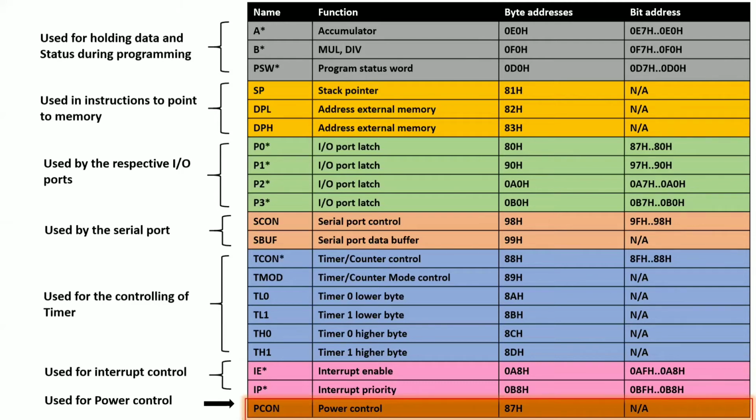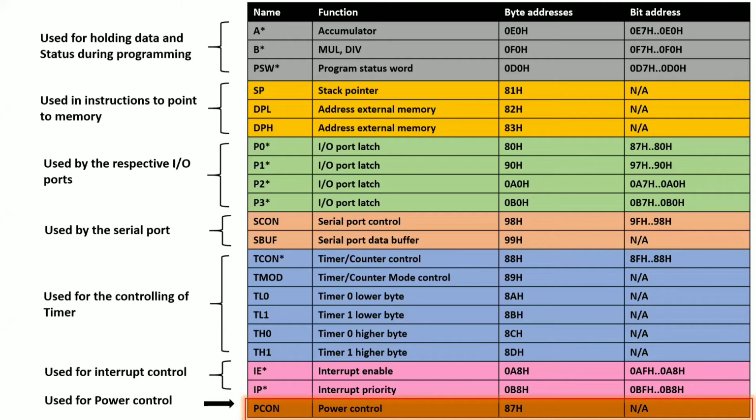Why do we need to use the power control, I mean the power saving feature, in a battery operated device? Because it is running on the battery, you need to save the power. If you take your desktop, there is no power saving feature, because it is directly connected to 220 volts. But your laptop and portable devices like mobile phones operate on batteries. So that's why we need to save the power. In order to save power consumption, we use power control features in your microcontroller. That power control feature is controlled by one register called power control, PCON.